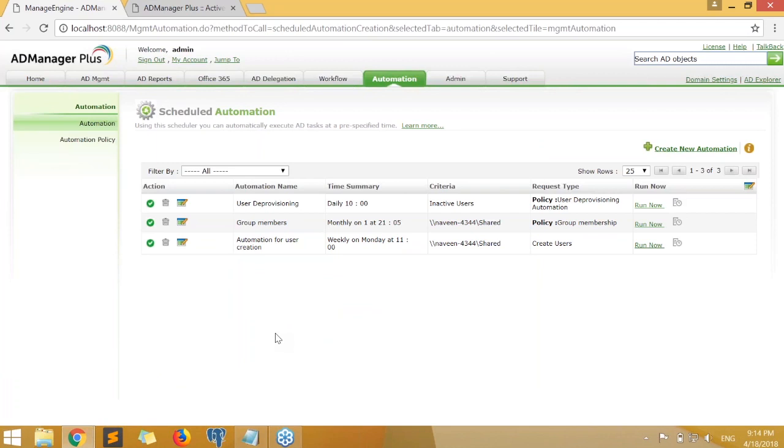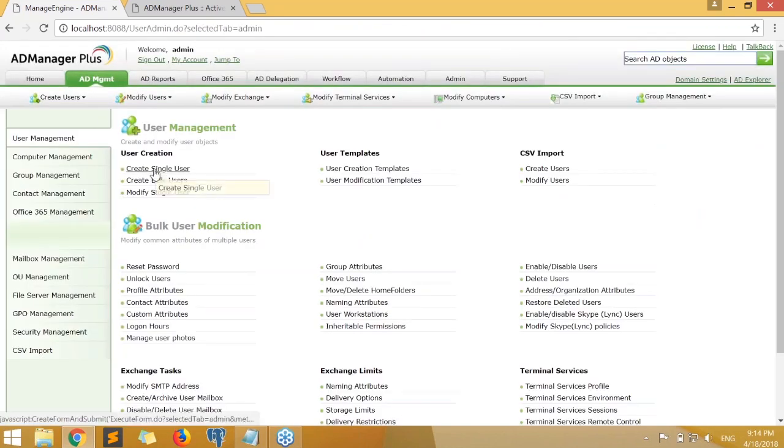Okay, so we've looked at automations in ADManager Plus, as well as how the mobile apps can be used for Active Directory management. Now let's look at some of the troubleshooting techniques that we have in ADManager Plus. So when you're performing an action, like say user creation, and you get an error message. So if I go to AD management and create single user,